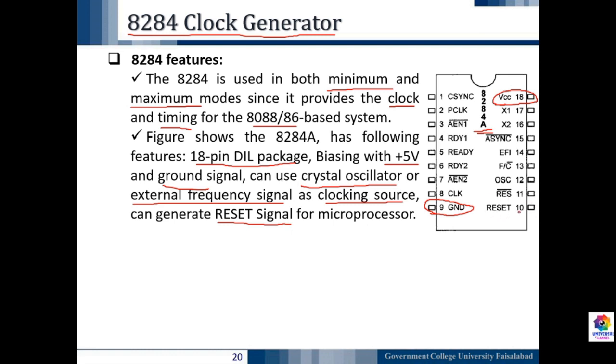So what is the importance of the reset signal? Whenever the power supply of the PC is turned on, an active low signal from the power supply is fed to pin number 11 of the IC, which is the reset active low, and this pin becomes active low, and the 8284A will generate the active high reset signal from pin number 10, and it will be fed to the microprocessor to reset its whole circuitry so that it can work properly at the initiation of the program.